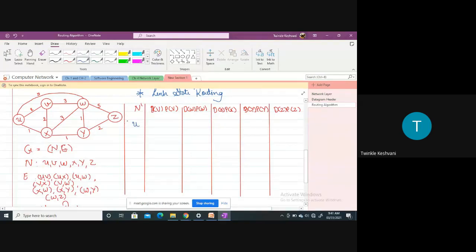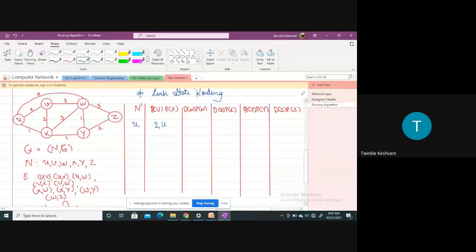So if we start from U, U is the source point here, right? So if I'm starting with U, what happens? Now I want to go to V, right? Here first is DV, PV. So what is the cost from U to V? That is 2, right? There is only one path that exists. So in the first row, we will consider only the direct nodes which are connected with U. So DV is 2. First of all, we'll write the cost to reach V, which is 2, and the predecessor node is U. So 2, U.